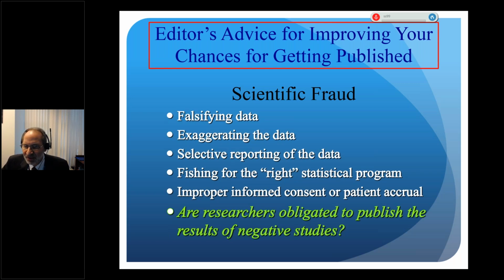And by the way, if you do a research project and your data turns out to not support the conclusion that you had going into it, the question you were trying to answer, negative studies in many cases have more value than a positive study because you're showing something didn't work. So don't be hesitant to publish that.